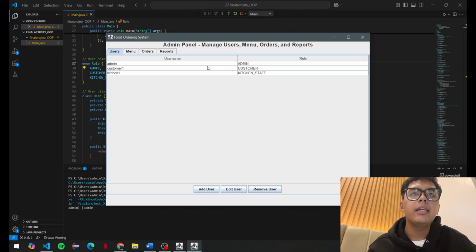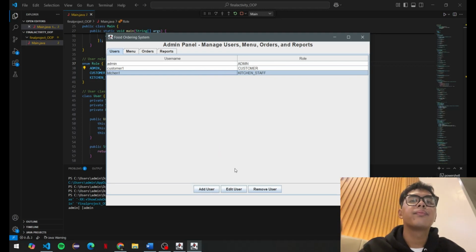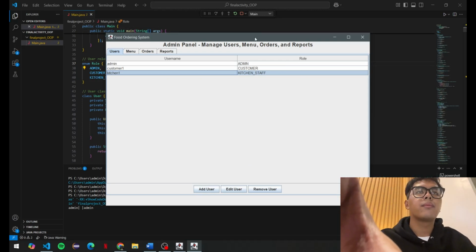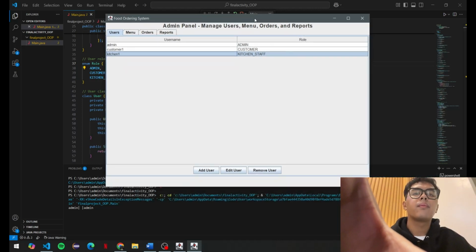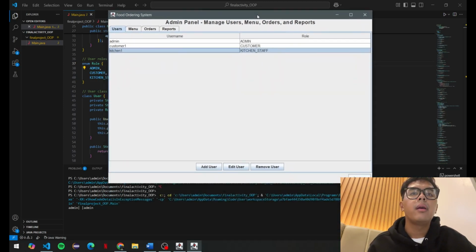Now as you can see here, we can see the users that are registered in the system, and we have the authority to add user, edit user, and remove user.